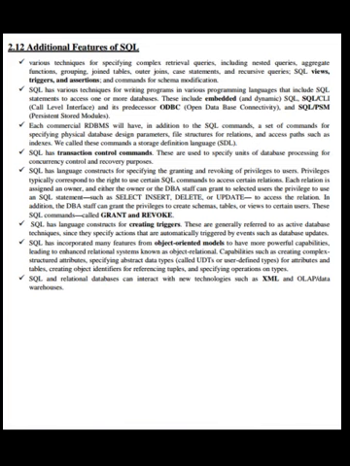SQL has language constructs for creating triggers. These are generally referred to as active database techniques, since they specify actions that are automatically triggered by events such as database updates.